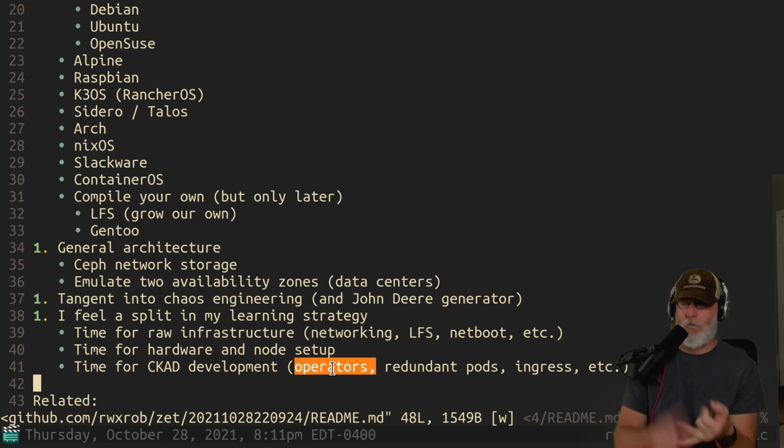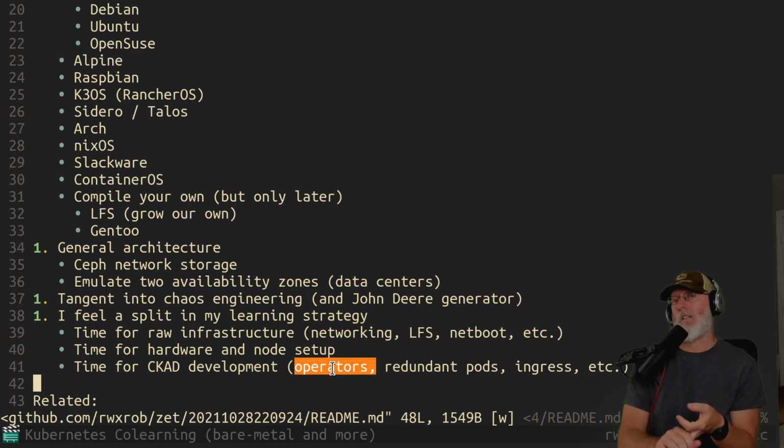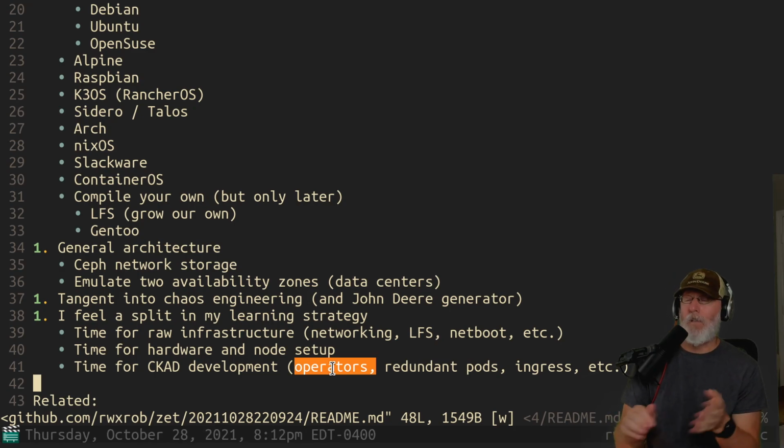There's the Ray operator, the Postgres operator, there's the ESK operator, which is the Elastic Stack, which has Grafana and Kibana. It's not just Elasticsearch, it's all these. And you can't just learn Kubernetes, you've got to learn all of these other things too, right? But there's this trend of people making operators not only for installation, but for management. And that's the difference between an operator and a Helm chart.